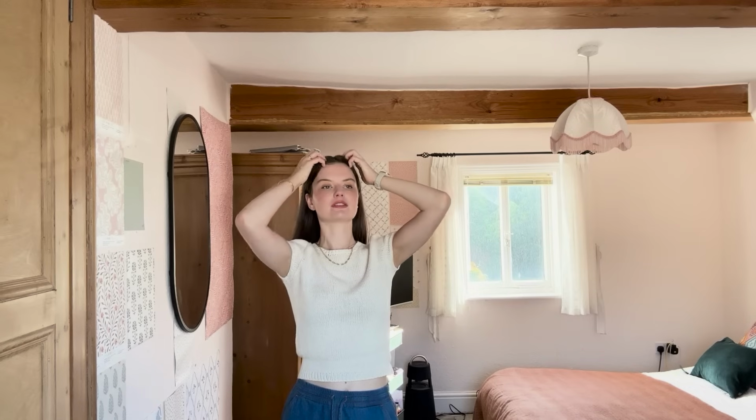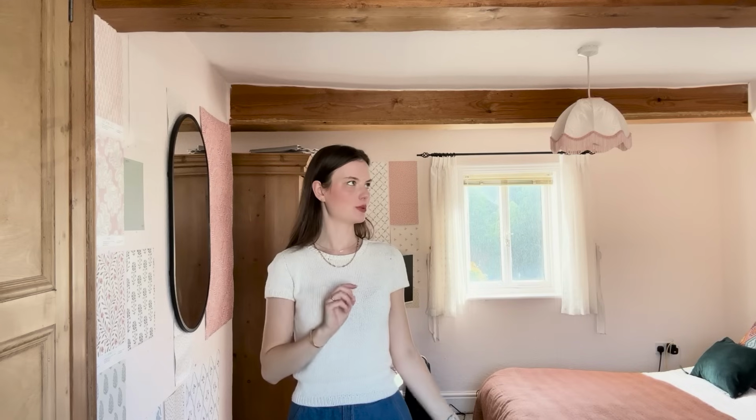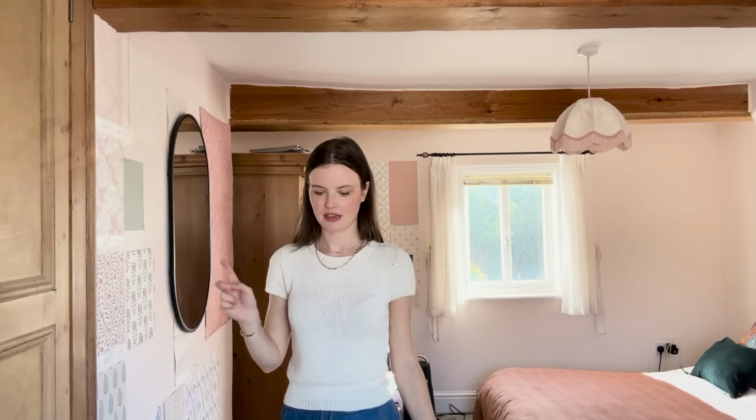So as you can see, there is lots of work to be done, but I think the general light and space of this room are absolutely lovely. It feels very me. As soon as I saw it, I was super happy, and I'm excited to put my own spin on it. So going to be wallpaper in here, and we'll have to cover the floorboards with carpet,